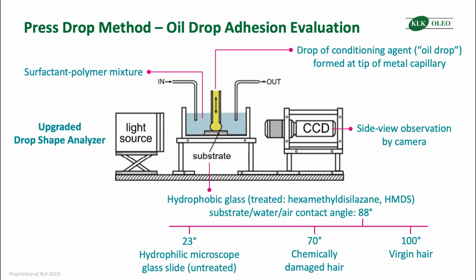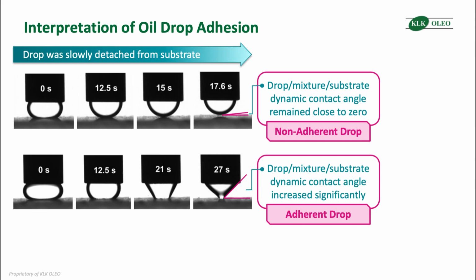Then the surfactant and polymer mixture was diluted by replacing a portion of the mixture with water, and another detachment study was conducted. By using this stepwise dilution, we were able to study many different concentrations very quickly and repeat whole sets of experiments to ensure that the results were reproducible. Here are some images of oil drops during detachment.